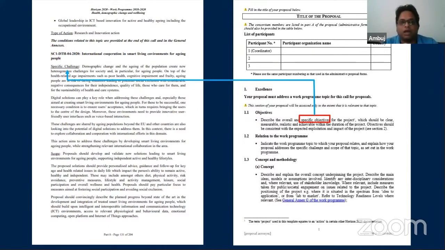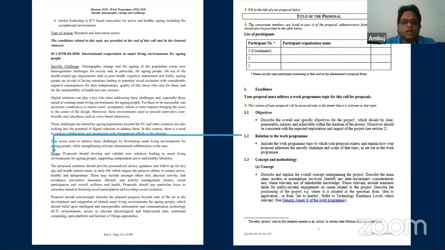How it is related to, how it fits into the overall paradigm of the work program, whereas the specific objective is what exactly you are targeting to solve. So let's say that the overall work program is caring of elderly persons, so your idea is towards caring of elderly persons. That is the overall objective. But the specific objective is to build a machine that can measure the early morning health parameters, so build an ICT-based device. That is the specific thing that you are doing. This is the difference between the overall objective and the specific objective.